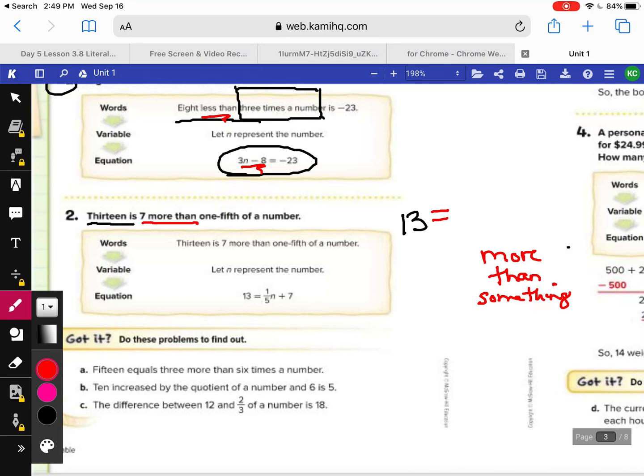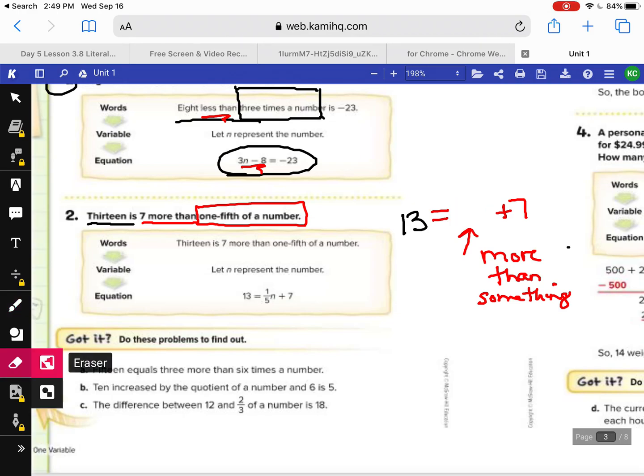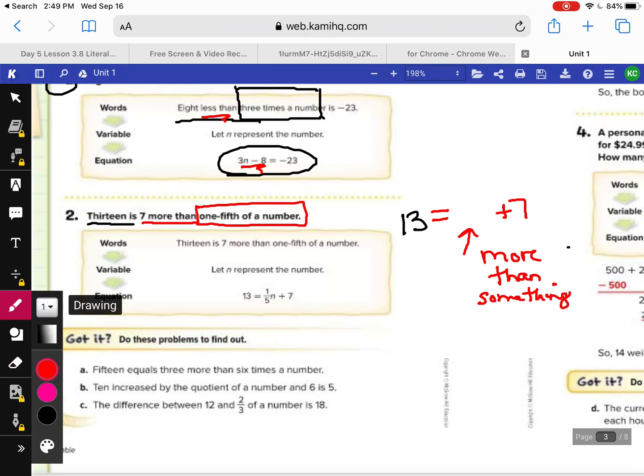So 13 is 7 more than something, right? Well, let's think about that. Now they're going to tell us what that something is. 7 more than 1/5 of a number. So now I've defined my something as 1/5